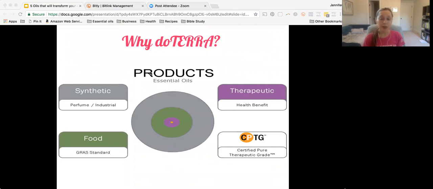And the truth of the matter is that about 90% of oils on the market are synthetic. They have some sort of chemical synthetic in them. So for example, a lot of oils are often distilled using a chemical solvent, and that ends up in your oil, and they don't have to put that on the label. So it's really important that you know where your oil came from, how it was manufactured, how the plants were grown, were they harvested at the right time. All of that stuff is super important, and you're not going to find that information from most companies.